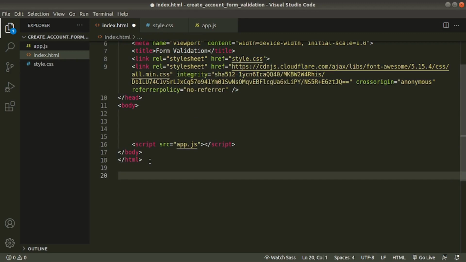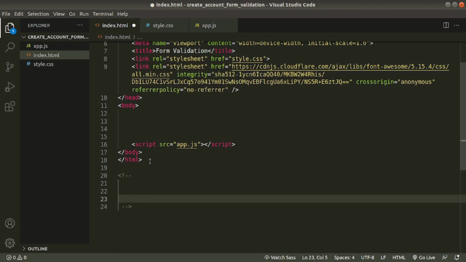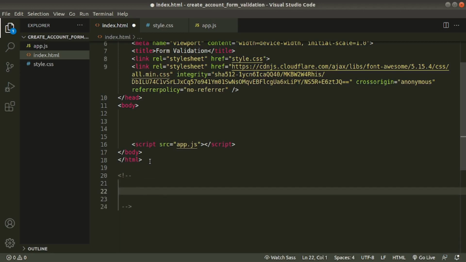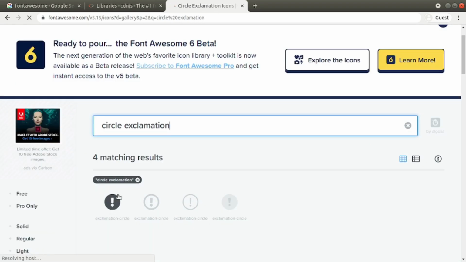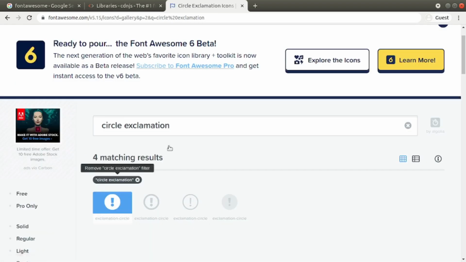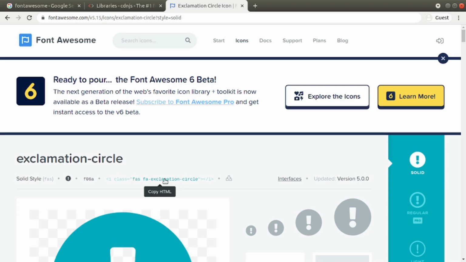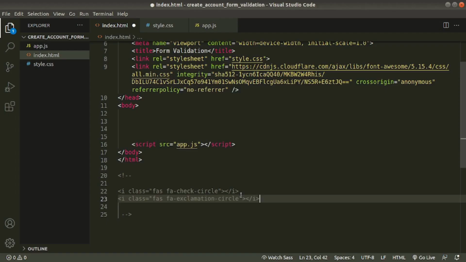To create a comment, Ctrl+/, then Ctrl+V. We need one more icon, circle exclamation. Click to copy this tag and paste it here. Later we'll use these icons.